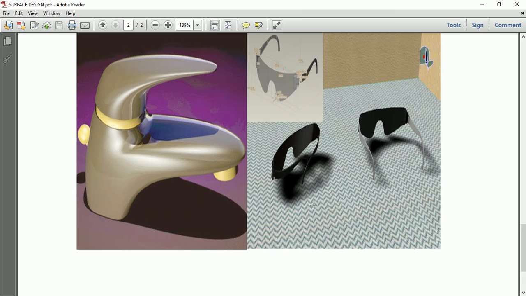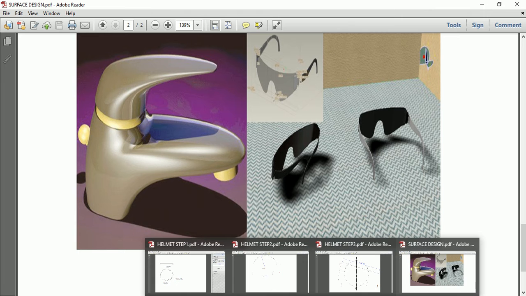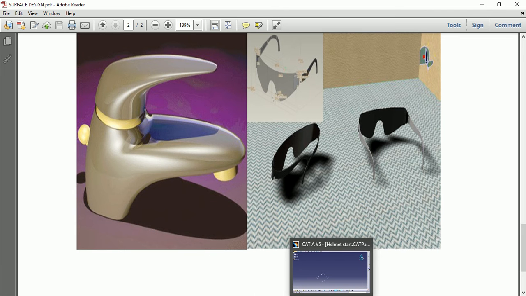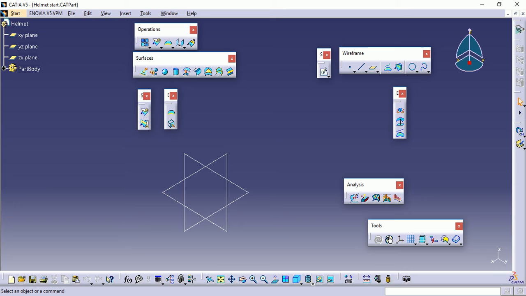In CATIA, we can design a complex surface model and also a simple model, for example, a simple block. In this session, we will develop the design of a helmet using surface modeling tools in CATIA.